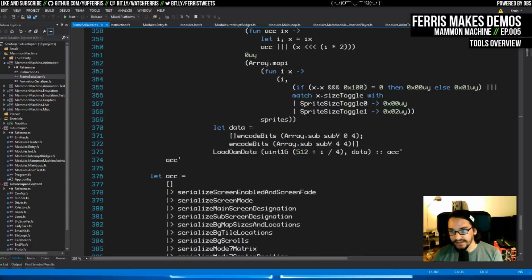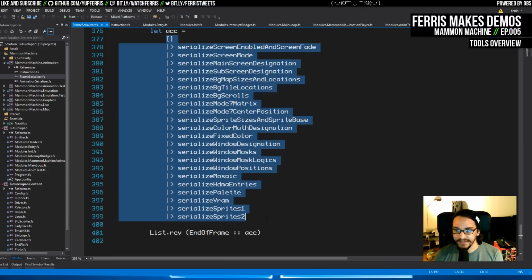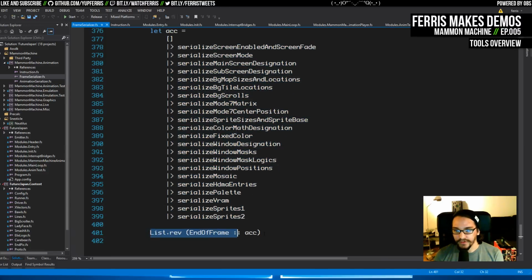And there's a lot of these because there's a lot of different states. So here's the actual thing where it pumps an empty list through all these different encoders, and then at the end, it'll reverse that. That has to do with the fact that it's a linked list and it's a functional language. So you push onto the front of it, and then you reverse at the end. Getting into some details, but